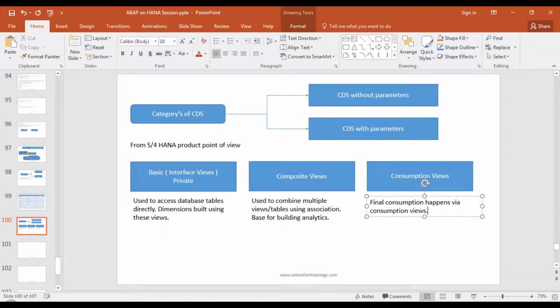Now, the reason for that is very simple. There is a design pattern which I learned in my architectural course called facade. It acts like a facade design pattern. It hides the complete complexity from the caller. Imagine you are a developer building a Fiori app to consume the CDS view. If you start consuming basic views, you have hundreds of database tables.